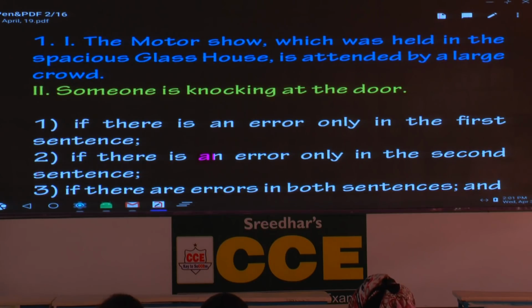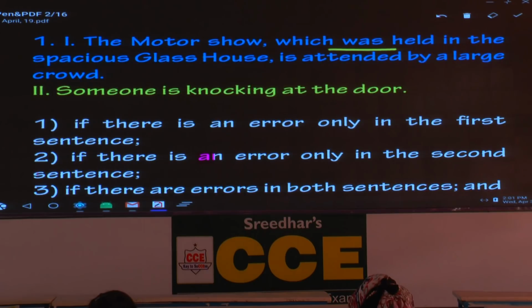Now, this clause, which tense is it in? Past tense. On what basis can you tell that? Underline the words was held. Was held, which tense is that? Is it active voice or passive voice? They held something at some place. It was held at some place by someone. So, past tense, passive voice. Please make a note. The first clause is in past tense, passive voice.